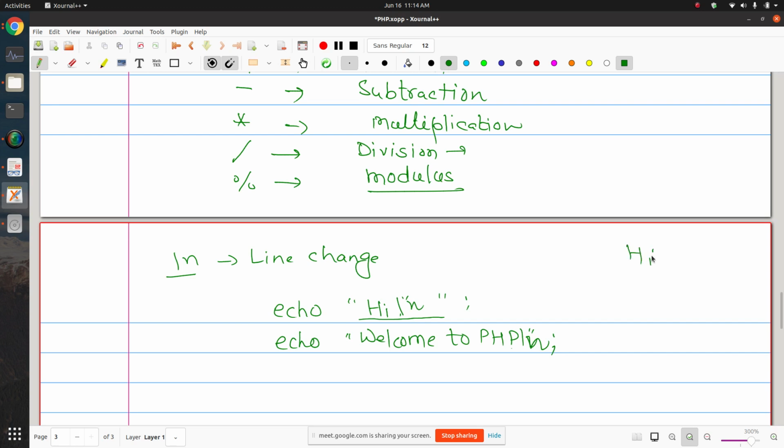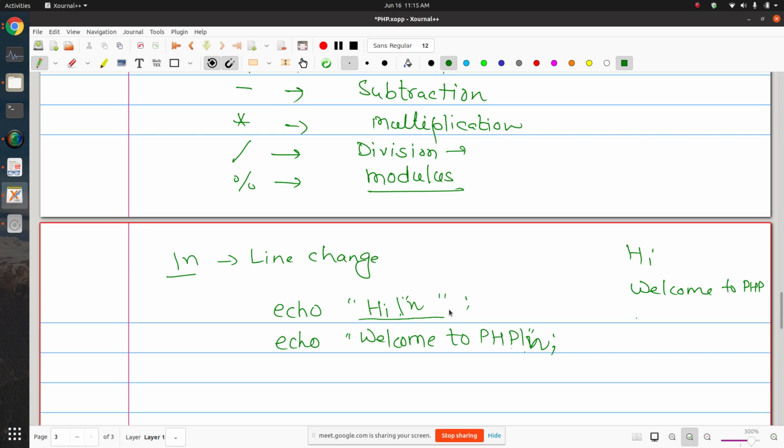When you run a script with these two commands, the text after slash n, which is interpreted as a new line character, will appear on the next line. Line change will take place, and if you display something else after that, it will be displayed in the new line. So this character will only work with double quotes.